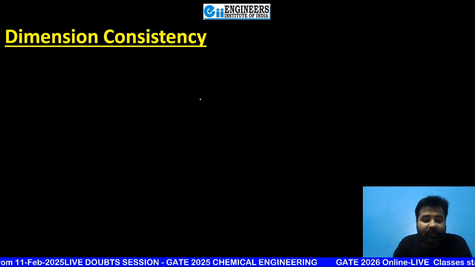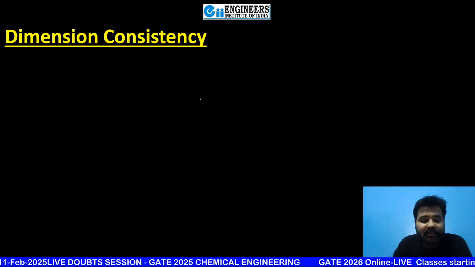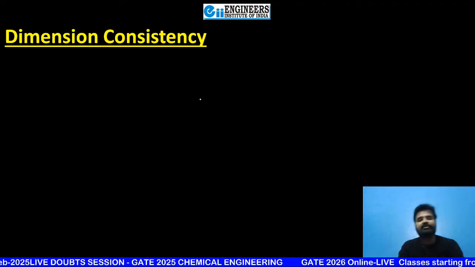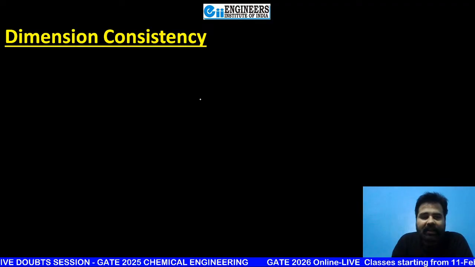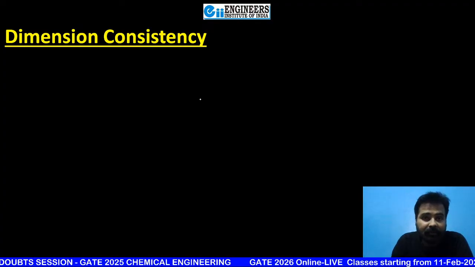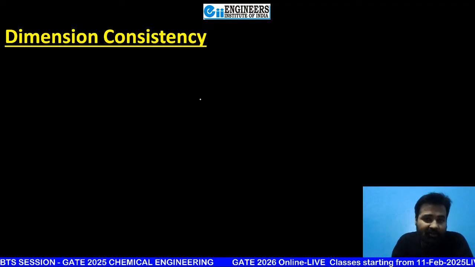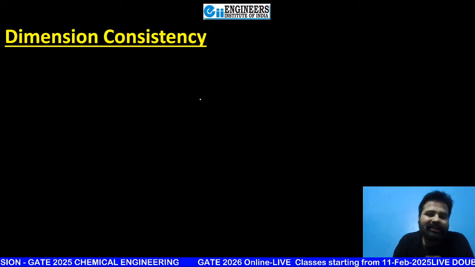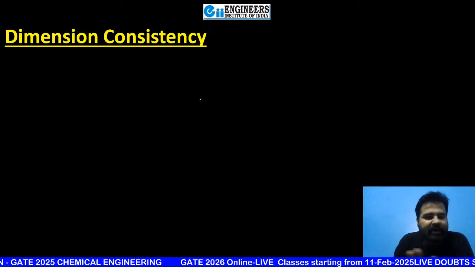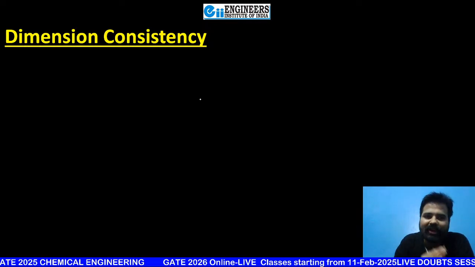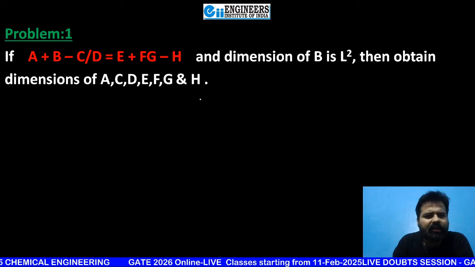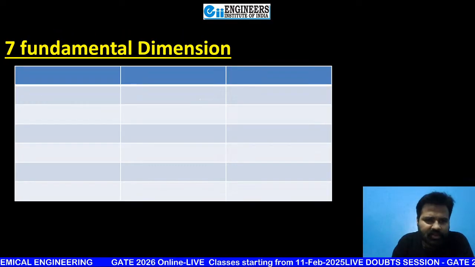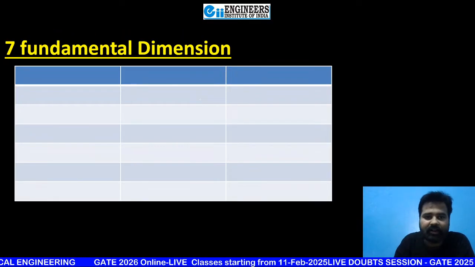Fantastic. So my next topic is dimensional consistency. What are dimensions, beta? Like if you want to show the dimension for mass, it is M. For length, it is L. For temperature, it is T. Even if you are taking mass in gram, in kilogram, in ton, it doesn't matter. Every time you show its dimension, it is capital M. Don't worry, I will write all the important fundamental dimensions here just after a little while.